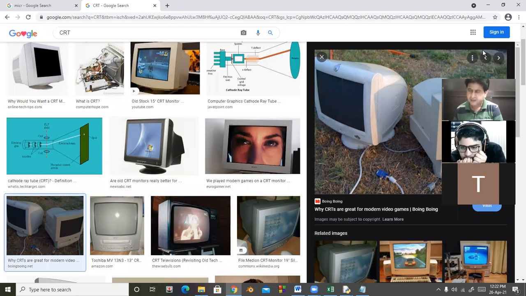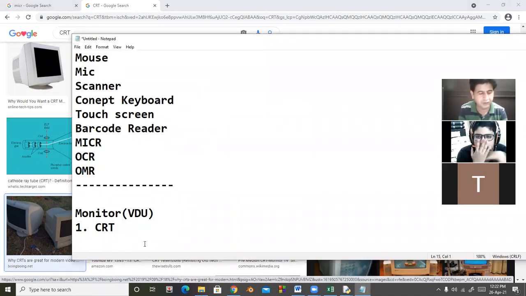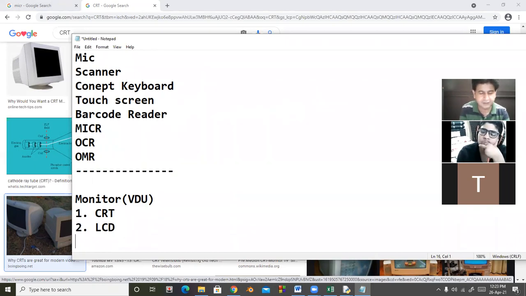The next type of monitors are called LCD. The full form is liquid crystal display. This type of monitor is common at present. These are the famous ones. But if we see the resolution at present, there is